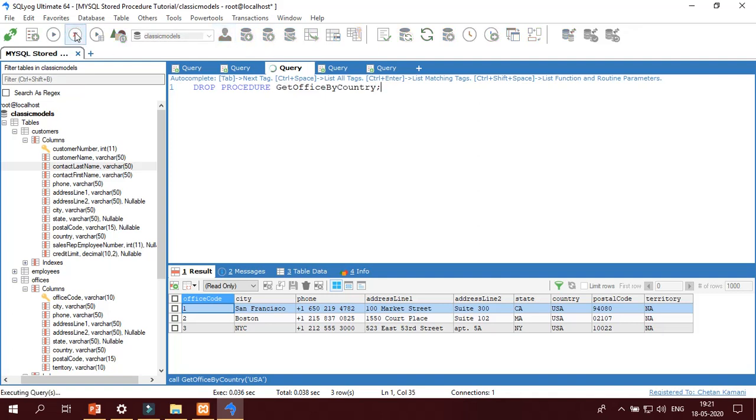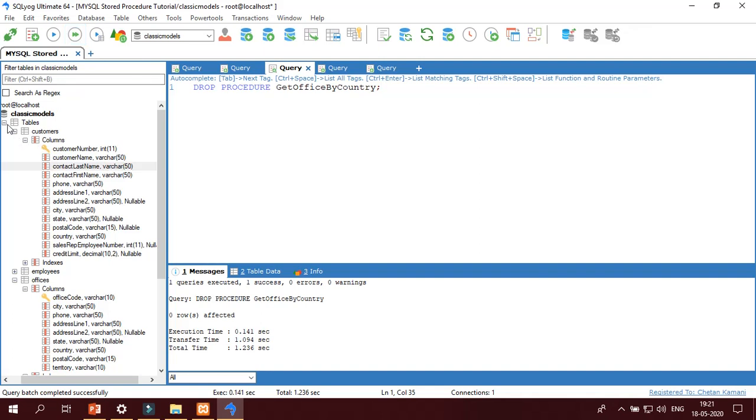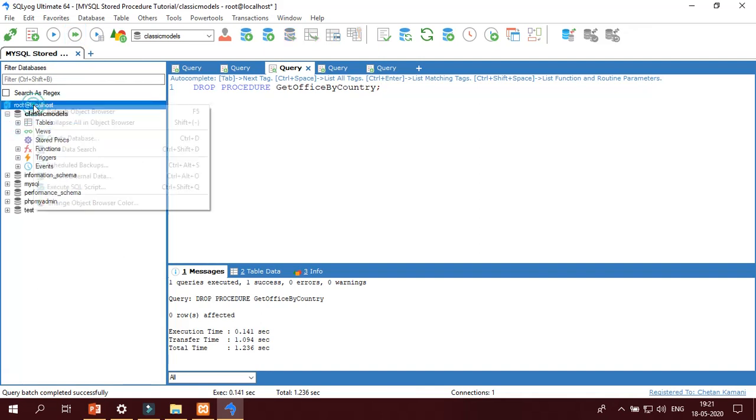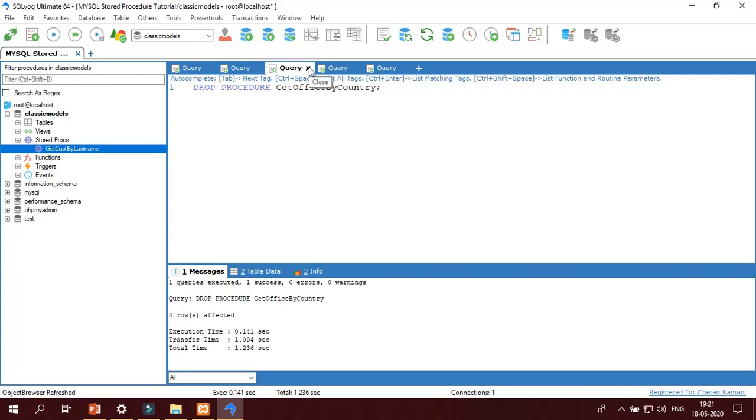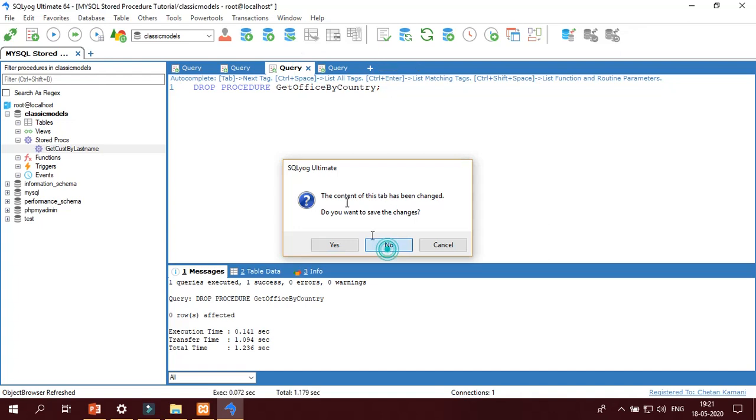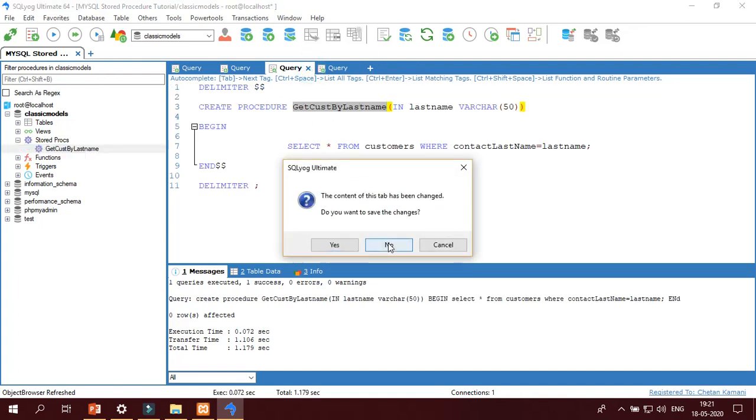Okay, execute. Now it is deleted. Once you refresh this, you will not find the get office by country procedure over here. Just like that you can drop get customer by last name.